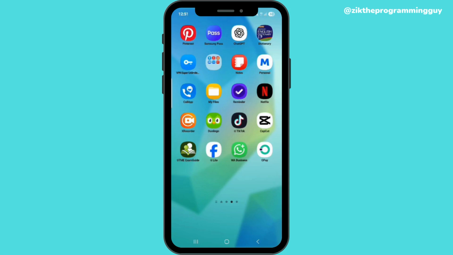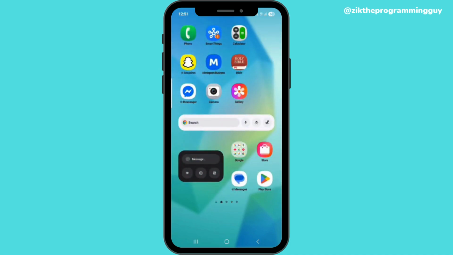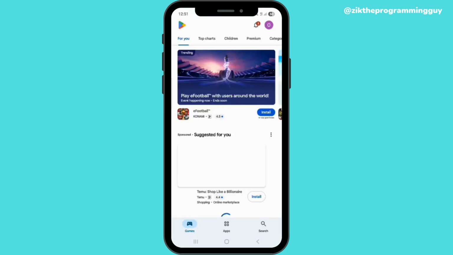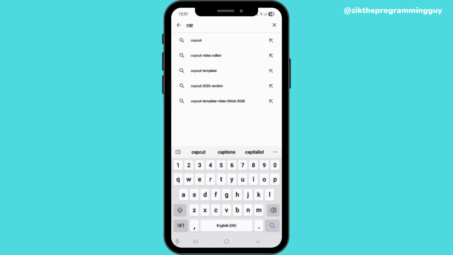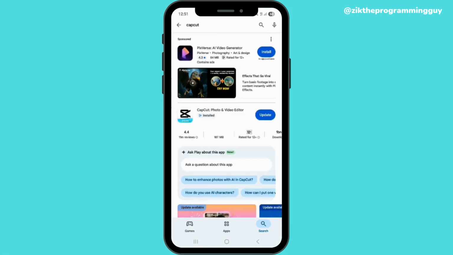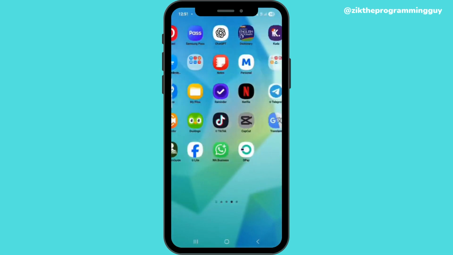So first thing you have to have in mind is you have to make sure your CapCut app has been updated. So how do you update it? You go to your Play Store and you search for CapCut, just like this, CapCut. And if you have any updates, you have to update the app. So once it's updated, you have to open up the app and let's go and see how to